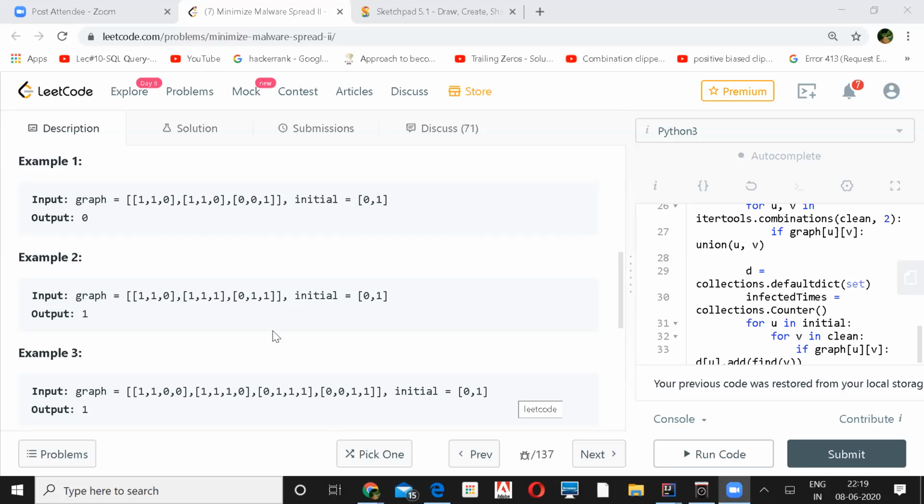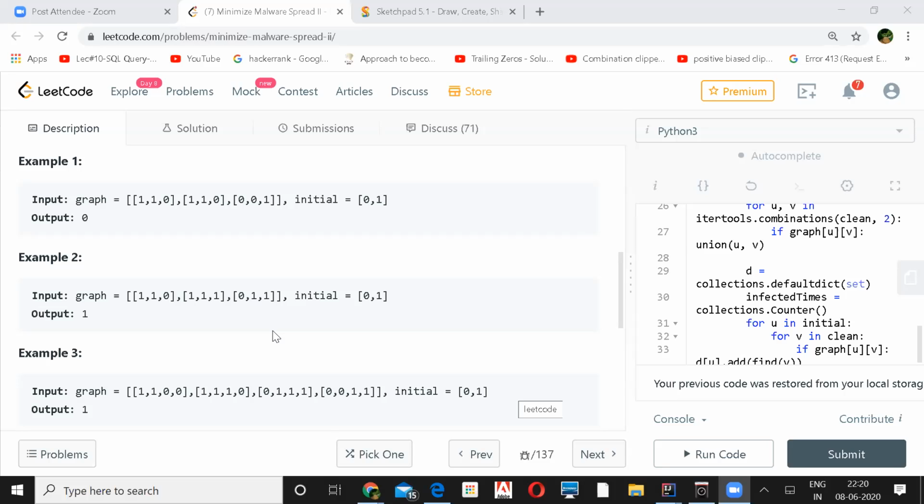So when you remove one, you'll have to keep track of what the value was previously when it was removed. Okay. And then you try to find the difference. Because whenever you are inserting, every time you can have a value saying, okay, when I take the first node in the initial infected list, I'll count some value at the end and say this is my value for the first node.